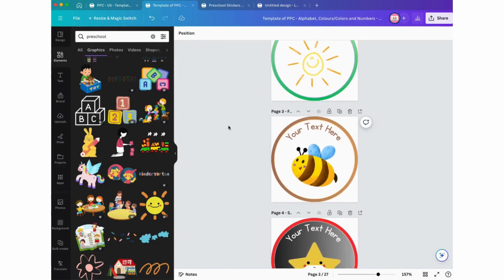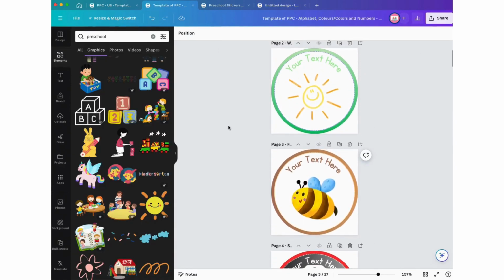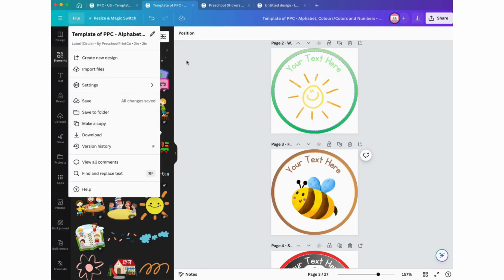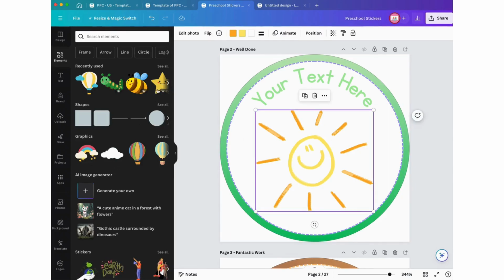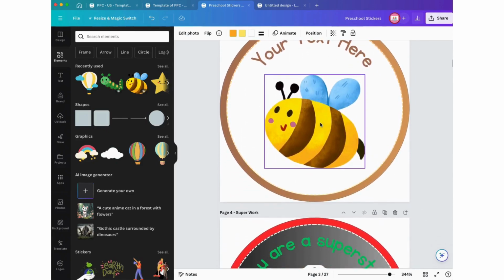Alternatively, you can go to the stickers that I have provided in the template and you can add in your own little graphics. Remember to make a copy. Once you've made a copy, remember to change the name, such as preschool stickers. Here you can edit them. You can drag in your own little